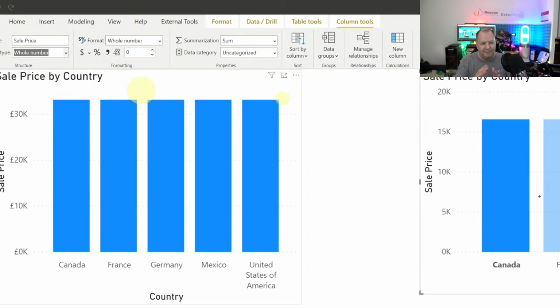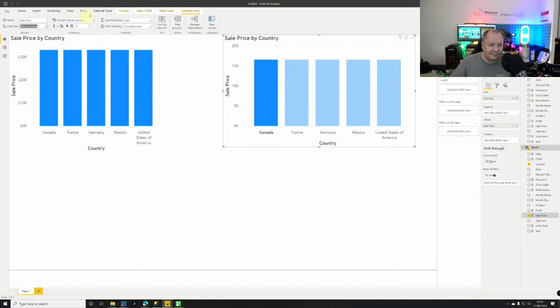So the left hand one is in currency format. In terms of the structure, it is a fixed decimal with a format of currency. The right hand one, this one over here, is a whole number with a format of whole number. Now, it doesn't mean we can't change the formatting, and we can't change it here later on to be decimal,